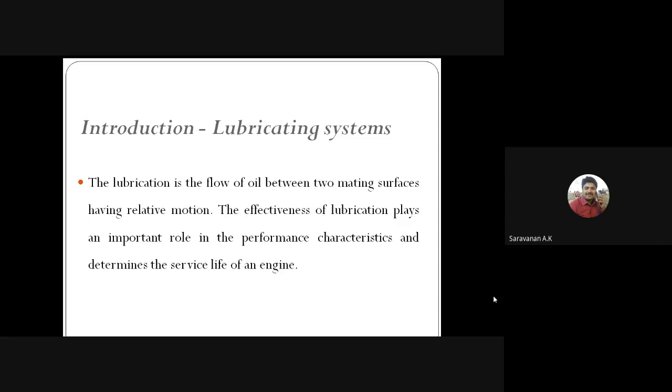In any type of machine or any type of engine, it may have a lot of mating surfaces, or there is a lot of relative motion between the components, the machine elements, right? So it may have some wear and tear, and it will develop more frictional forces. Due to the frictional forces, the heat may also increase, right? So these factors will cause the power loss. So the power loss will cause